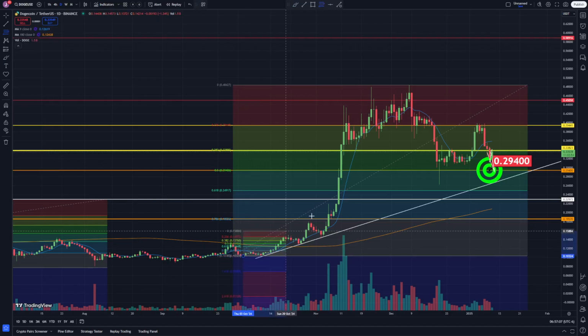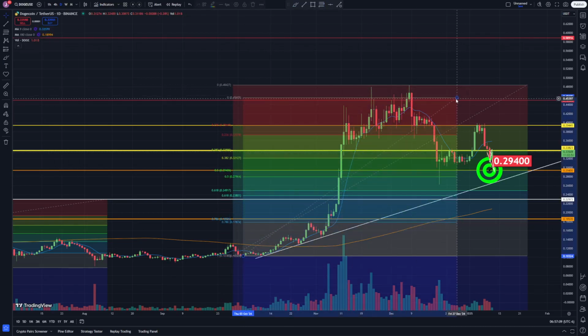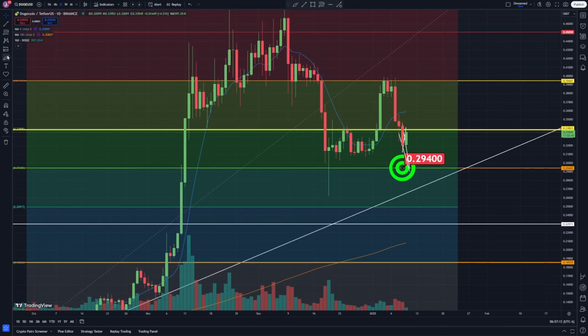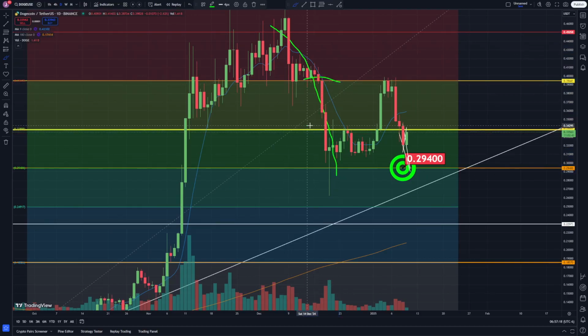And then you drag from the bottom of the run to the top of the run, and that gives you those levels to watch. Gives you those levels that we've been watching, and they come in very handy. We came down, I bought here, bought here, bought here, wicked down barely, and then went sideways for a long time, and I've been waiting to buy back .294 for a while, like I've been saying in a lot